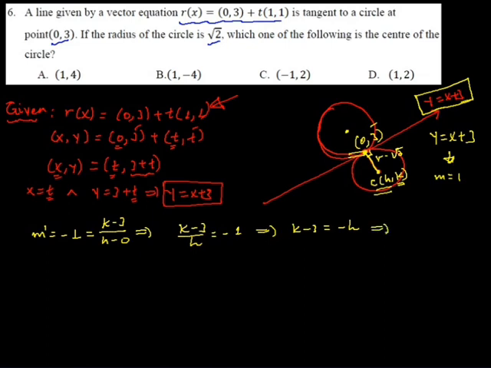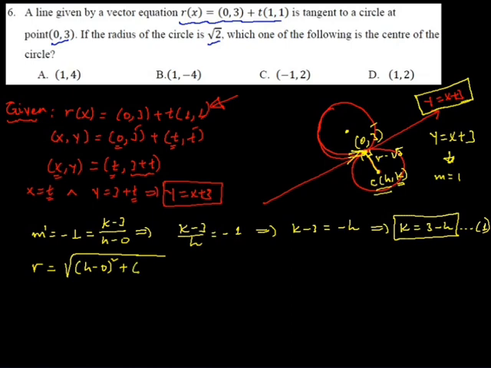So k becomes 3 minus h. Take this as a single equation. Okay, call it equation 1. Again, using the distance between 2 points, r is the distance between the point of tangency and the center. r is the square root of (h minus 0) the whole square plus (k minus 3) the whole square,